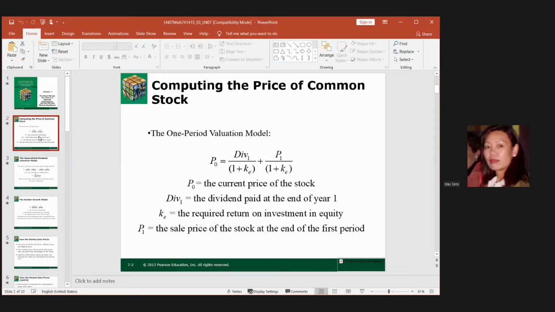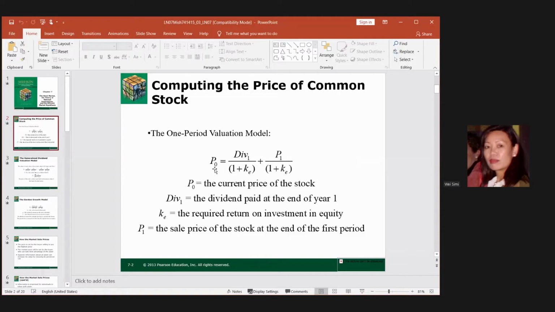So here I give you something very simple, and you can still do this, but it's not really reality. It's not that simple. You cannot price stock this simply, but let's just use a simple way to analyze it. So this is one period, how to value stock. This is the dividend, one period, less than 1 year. You hold the stock 1 year. So during this 1 year, you get a dividend. Okay, so it's dividend one. And at the end of the one period, less than 1 year, you sell this stock.